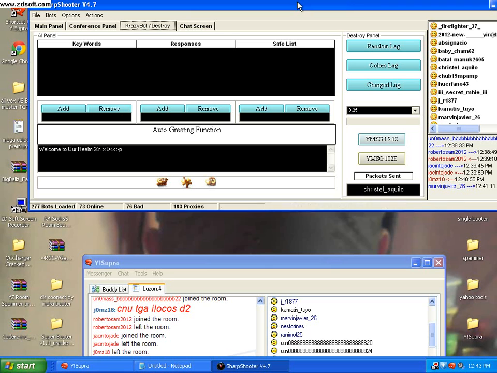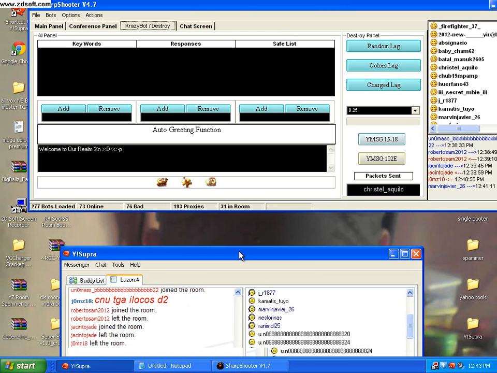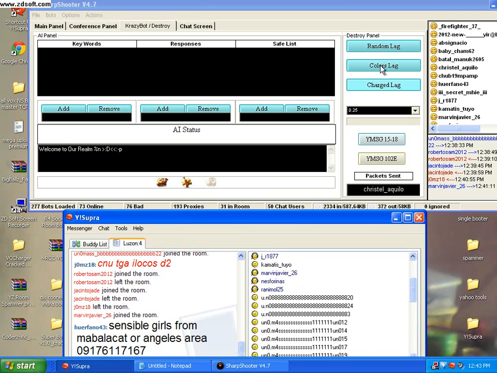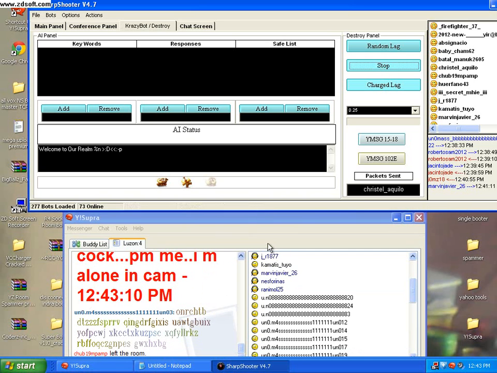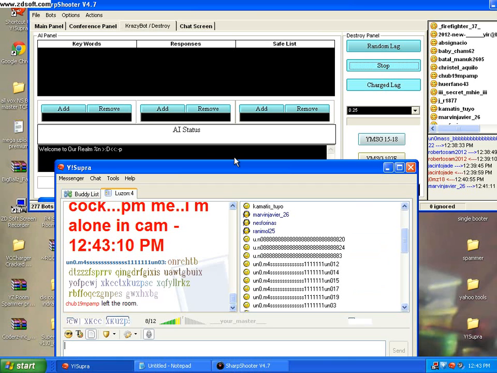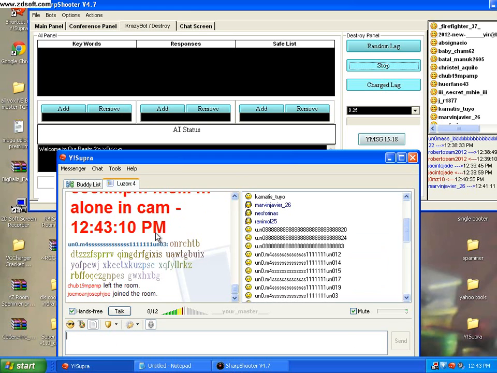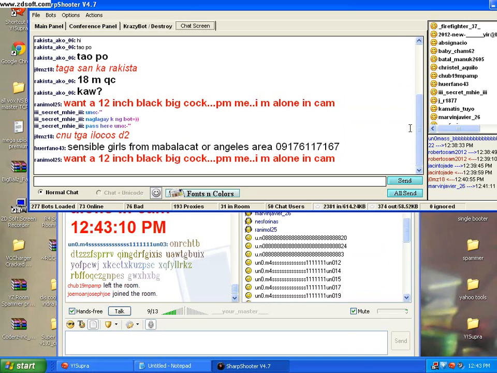Now here's the tutorial, the actual video. This is mimicking color slug, and it goes. As you click on color slug, it will log like that here. See in the chat screen. Okay, it logs like that.